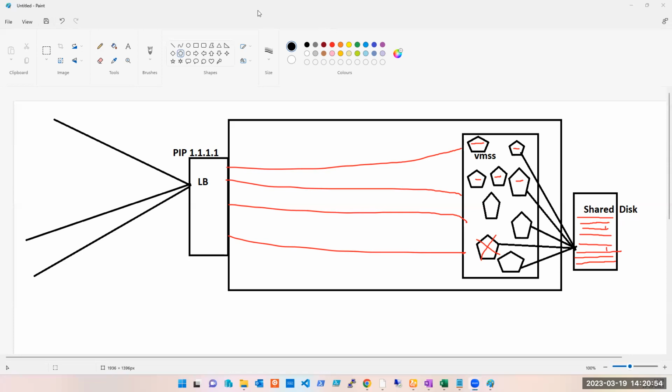Your virtual machine is, am I still not audible? Yes, you are audible. Someone has texted me, let me reply to him to reconnect. Okay, right. So are you guys getting it? Reducing, increasing, editing, all of this will happen here in this database and in this shared disk. Is it clear?